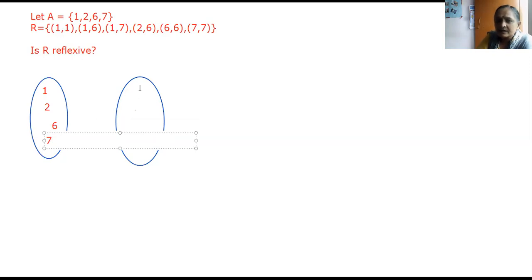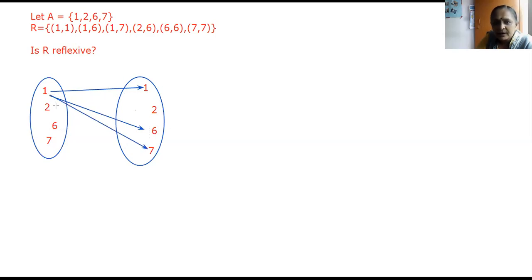Here also the same thing: 1, 2, 6 and 7. Okay, and what you are observing is 1 is mapped to 1, 1 is mapped to 6, even 1 is mapped to 7, then you have 2 mapped to 6, then you have